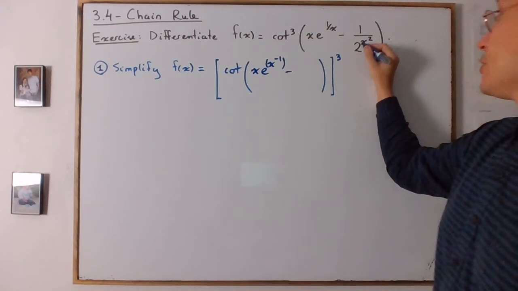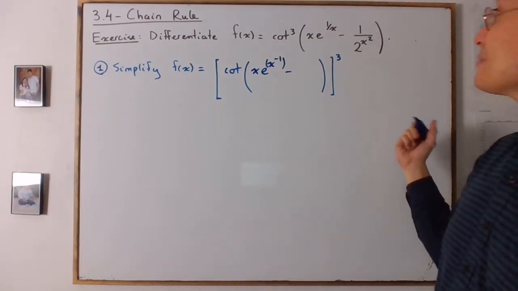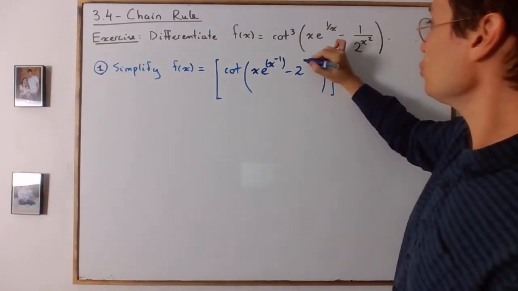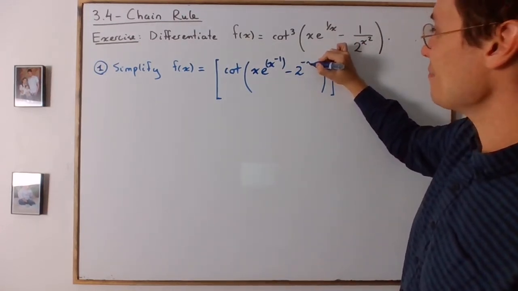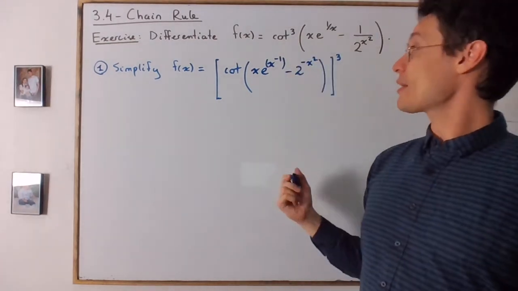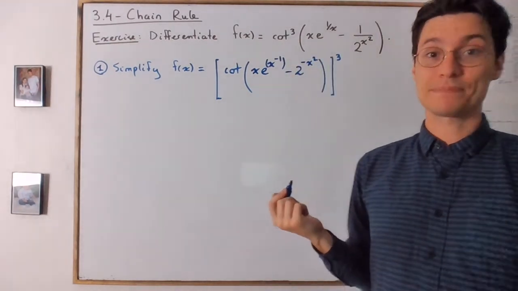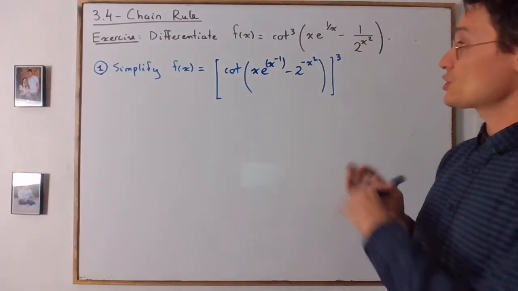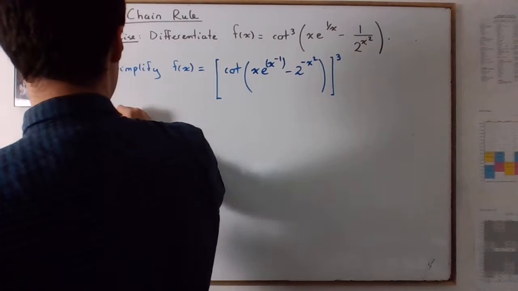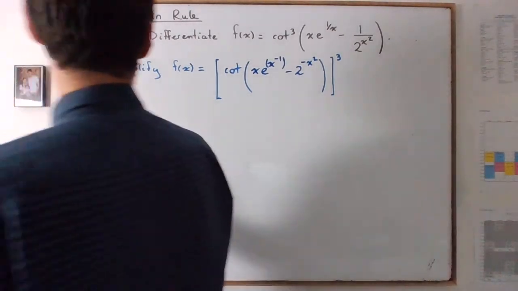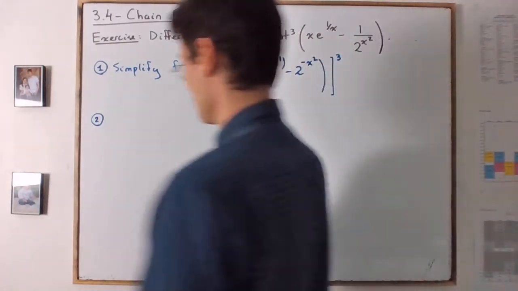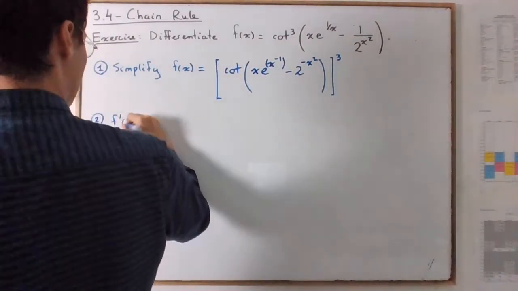Now here, you're going to use the same rule of exponents to put 2 at the top. So you will have 2 to the power of -x². Now, be careful of the priority of operations when you do this. So this way, the function is the easiest to differentiate. However, even like this, it's not a piece of cake. So be careful as you apply the